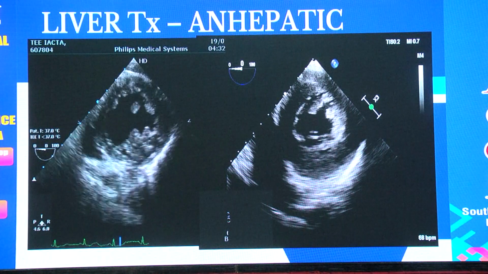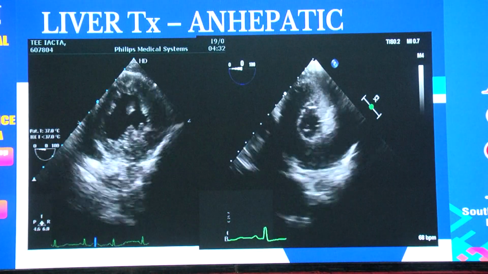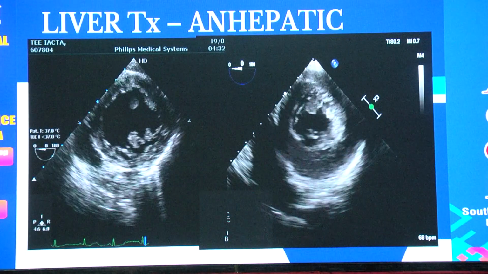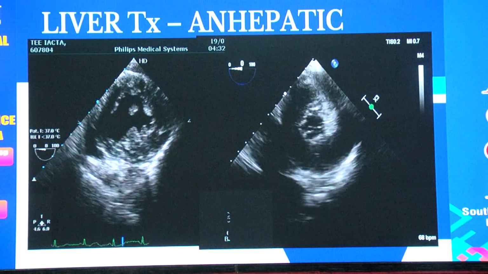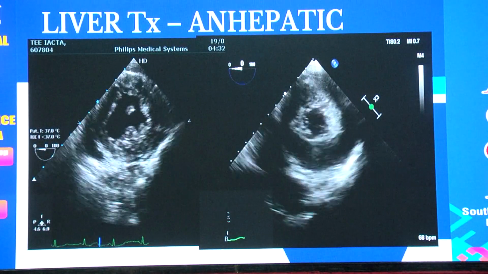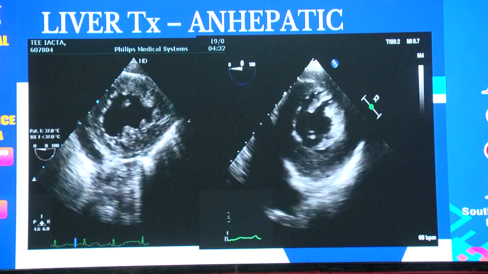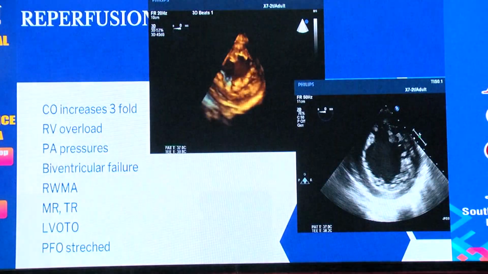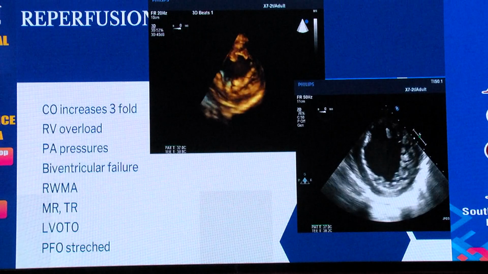When they put the clamp across the IVC, nearly 2/3 of the cardiac output is cut down to the heart. So the hypovolemia chances are higher. So you have preloaded it. Still you got to see the short axis views to understand whether it is still hypovolemic or whether it is still responsive to volume based on your volume assessment. That's a 3D image which shows the